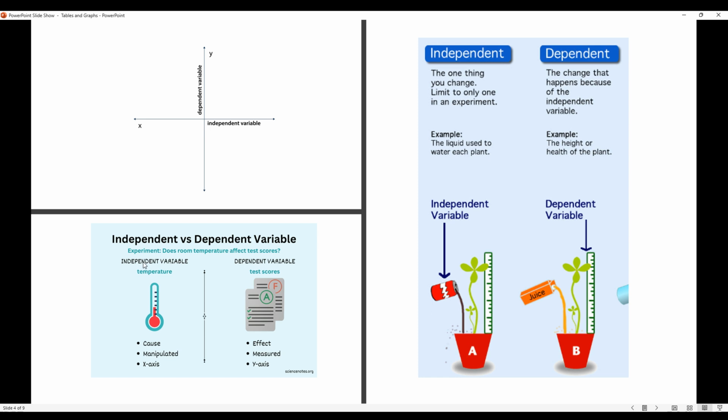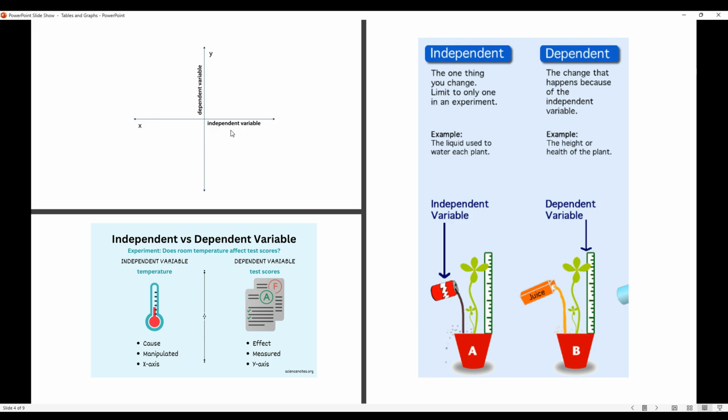Here we have another comparison between independent and dependent. The independent variable is the cause. It can be manipulated. Manipulated means it can be changed. Like, for example, you can change from Coke to juice to water, whatever you want to add to the plant. So it can be manipulated. And it's on the x axis. Here, yeah, it's on the x axis right here,